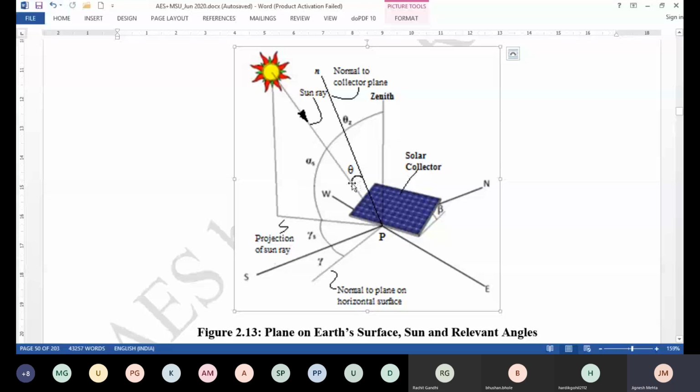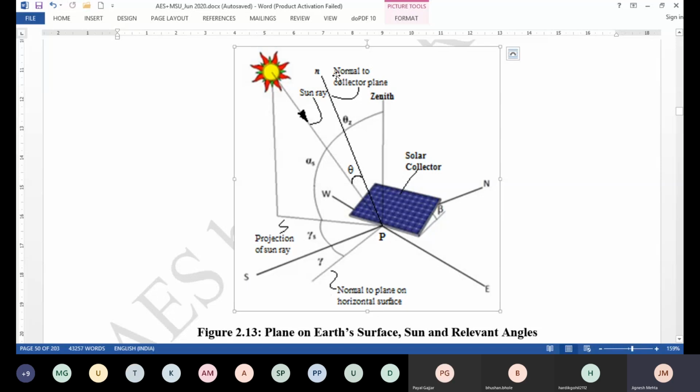And what is the disadvantage of that? The input energy which is coming from the sun, let's say I, all of it will not be available to the collector. We are talking about the input to the collector. We are not talking about the efficiency of the collector, right? So even if the sun ray has radiation flux or irradiance equal to I, let's say 1000 watt per meter square, all 1000 will not be available. I'm saying input, even input won't be 1000 because of this angle, right?